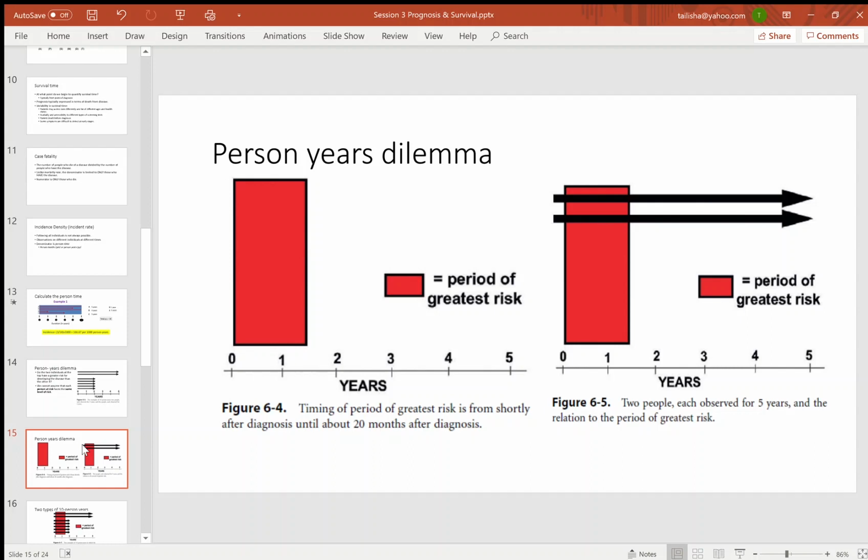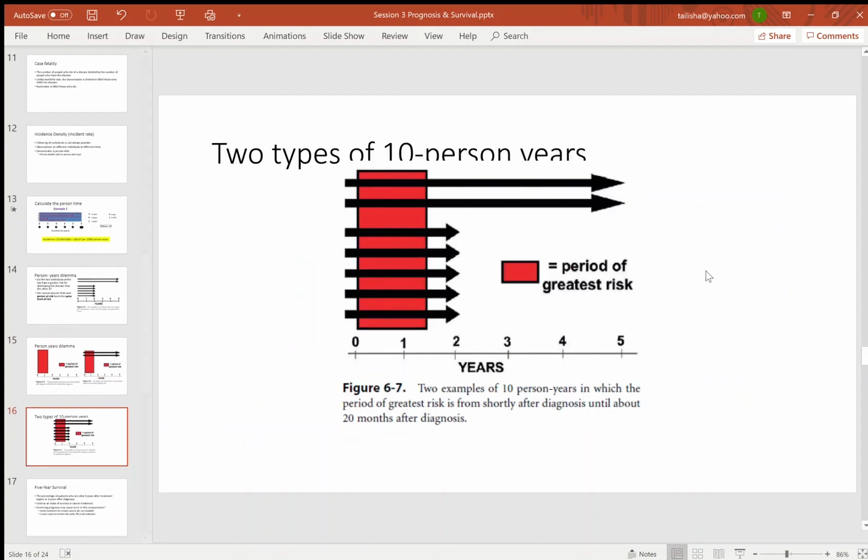So understanding that, who do you think was at the greatest risk? Thinking again about the 2 people at the top and the 5 at the bottom. Right. The 5 at the bottom were at the greatest risk for that start. And here it is again. 2 examples of 10 person years in which the period of greatest risk is from shortly after diagnosis until about 20 months after diagnosis. So you can follow those 2 people at the top forever,